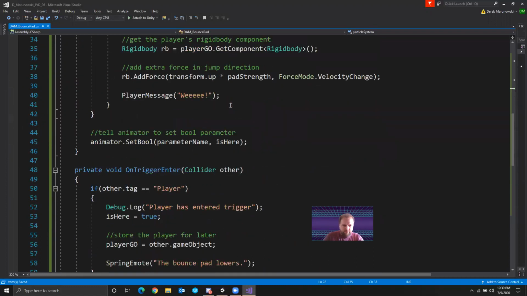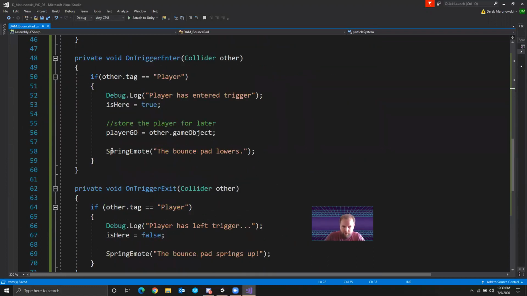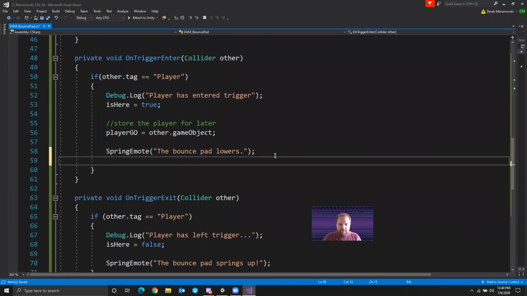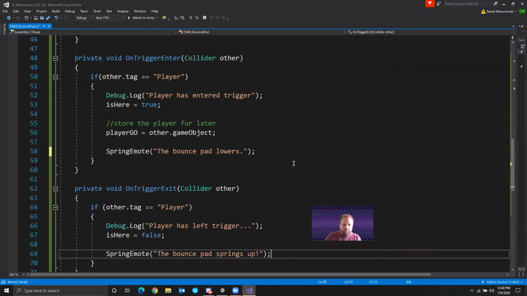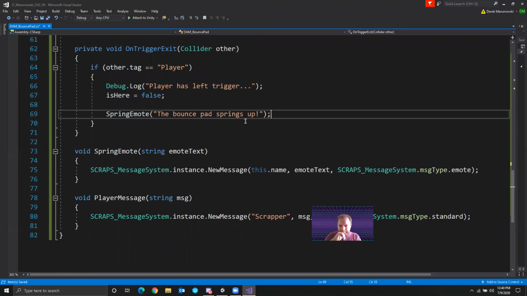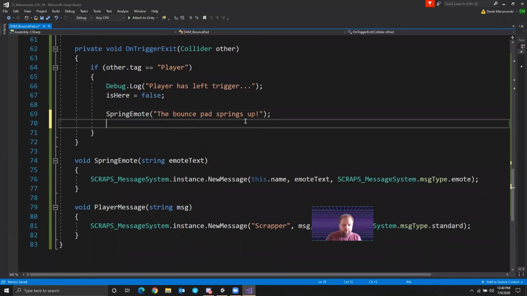And then with that serialized down here, when I lower the pad, this is not going to make an effect, but when the other one happens, I want it to happen. Yeah, when it goes back up. So let's go,